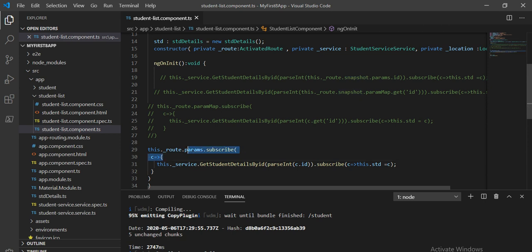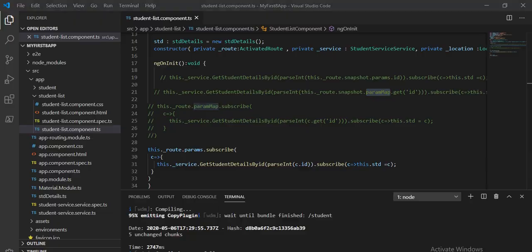And in the snapshot and the observable, we have two types of things, using params only and param map. What is the difference between param and param map? Param only takes one variable, whereas param map takes the get method and get all method. Using this we can define multiple values.